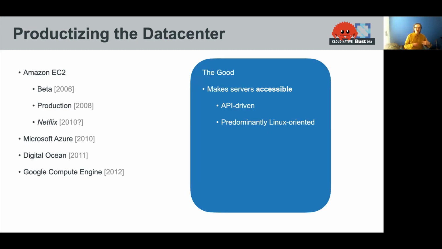And so the great thing about this, as we all know, is that it made servers accessible. There's no longer a hardware review committee I have to go to get a new server. There's no longer someone in a data center I have to call to fix a server. I now just have an API and a credit card, and I get access to a server. I get an internet connected server. This means as students, we actually can just get online and get server technology easily. And as startups and businesses, we get access to these things without having to get data center contracts or any of the kind of overhead that's really associated with the time before this.